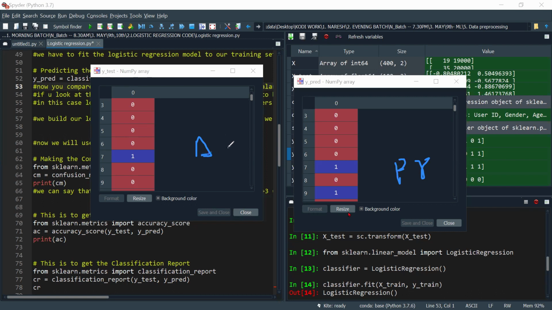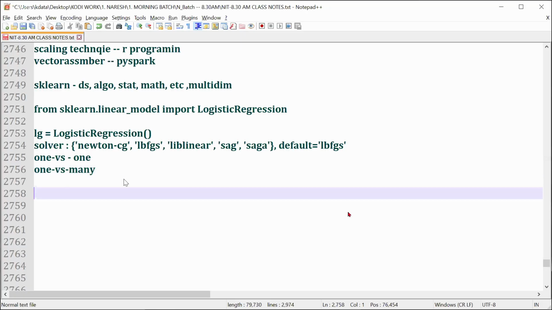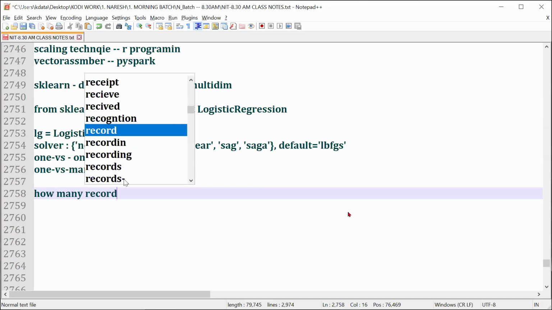This is the actual table. I'm comparing y_test versus y_pred. So if you compare, there is a ninth record. Actually, the customer did not purchase the vehicle, but my model predicted the customer purchased. Did misclassification happen or not? I wanted to know how many records are misclassified like that. How many records are